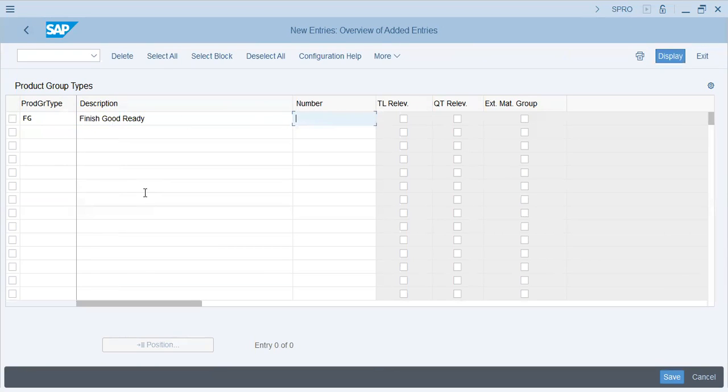Finished good ready, 01. Okay. And then we have after QA, post finished good inspection, 02. Okay, then good for shipping, 03. So this is the phase that we are